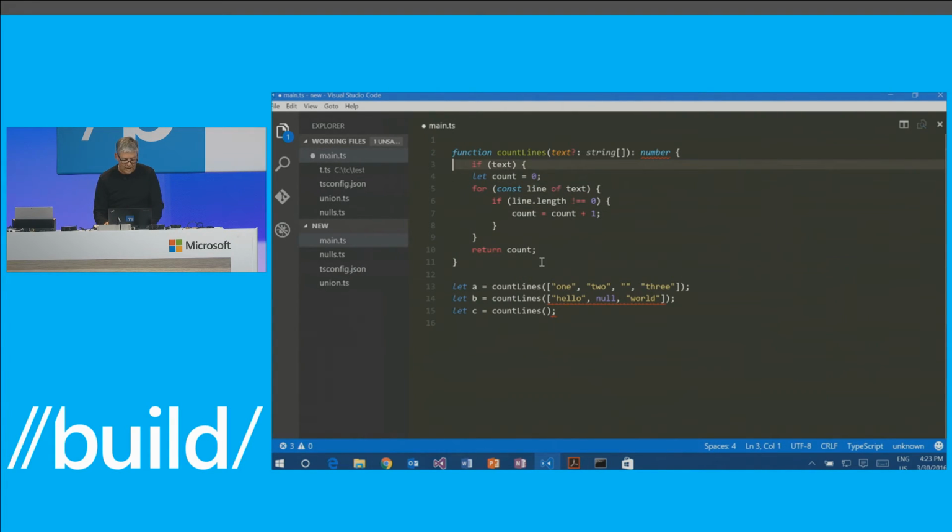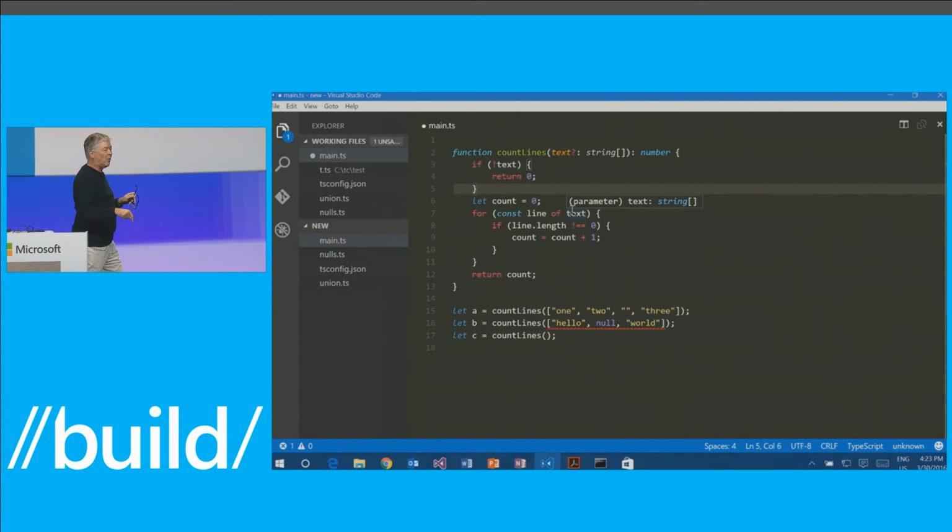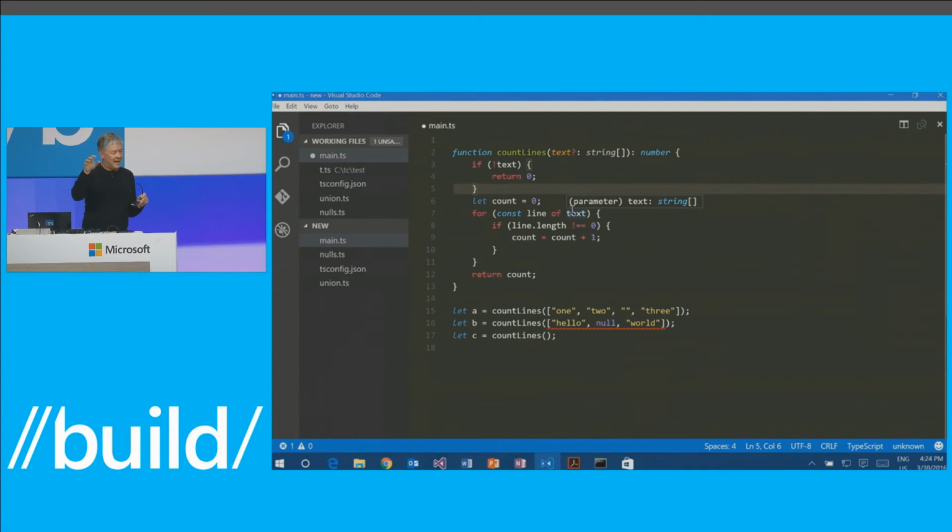But we might also instead have written the code differently. This is the bailout style: if not text, return, otherwise do all of this stuff. And now we're happy down here, but lo and behold, it says you need to return a value, so let's say return 0. And now we're good. Now, actually notice what happens here. Up here, text is a string array or undefined, but down here, it is a string array, because there's no way that control could get to this point, because in all preceding code paths, we've already returned. And this is control flow-based type analysis that we're also putting into this.